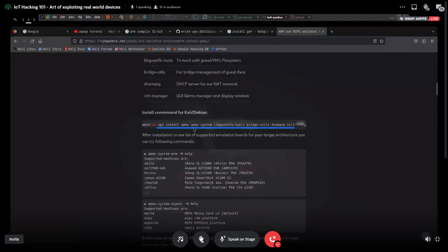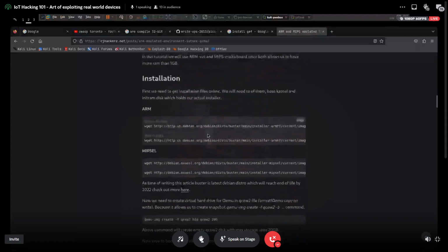You first install all the packages necessary. Remove this qemu package, it's not necessary, it's already part of the system now these days. Rest should be fine. Copy the command, remove qemu, and just run it. It will install all the necessary packages.